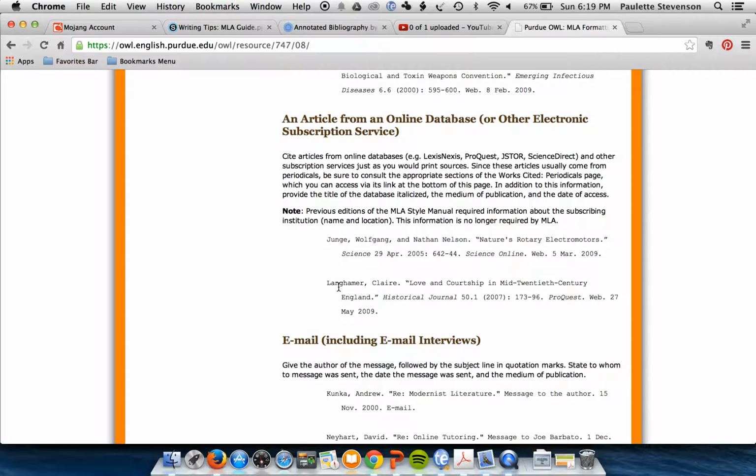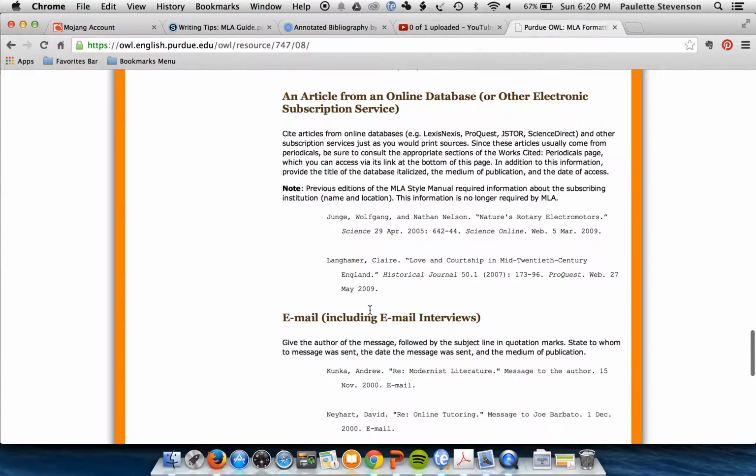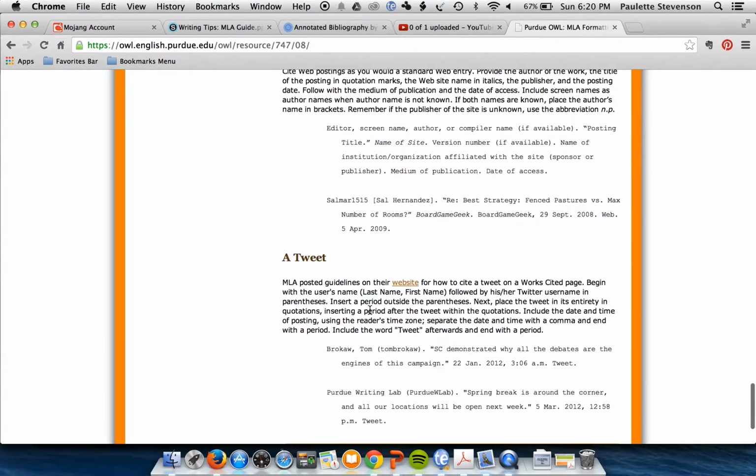We have, this is the author's last name, first name. This is the title of the article. This is the journal title, the whole journal. This is the volume number. This is the year. These are the page numbers. ProQuest is the name of the database. If you use Academic Search Premier, it's the same thing. You would put that there. The web is how you read it, and 27th of May, 2009 is when this person accessed it. Okay? Going down,